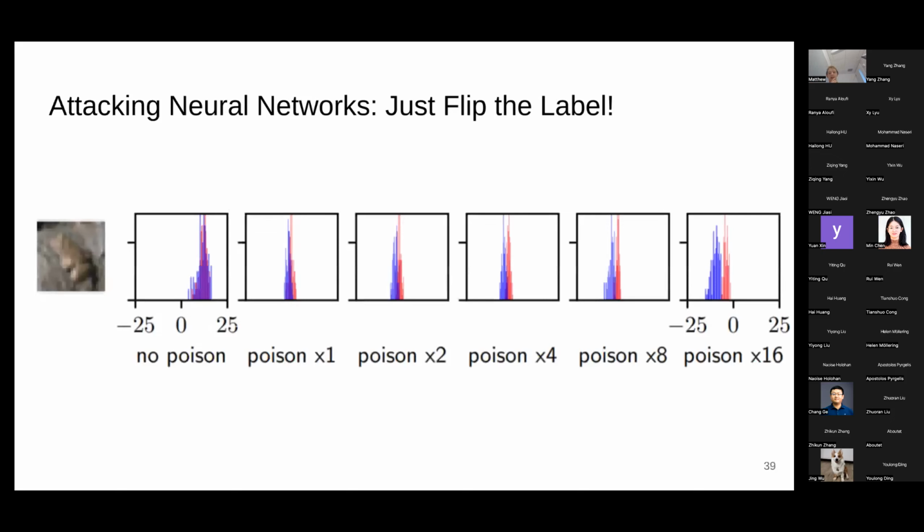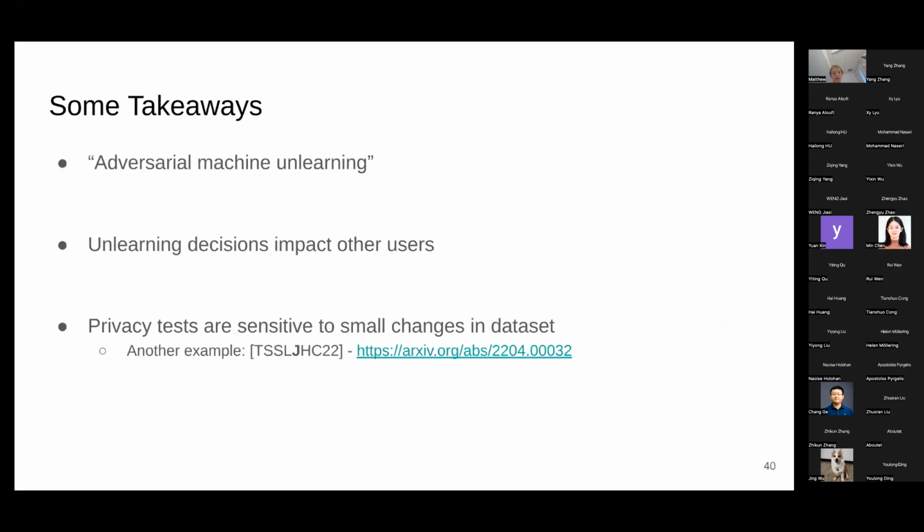And this essentially shows that just by adding a small number of points, you can control membership inference accuracy on other examples. And so this is another example where these privacy tests that you might want to run are very sensitive to small changes in your data set. Another thing is if you did machine unlearning on the poison points, this would be a case where membership inference would get better on an example if you remove examples. So the onion effect doesn't necessarily have to increase membership inference, but you would need to have some outliers which are opposite class that will make things worse for that example.